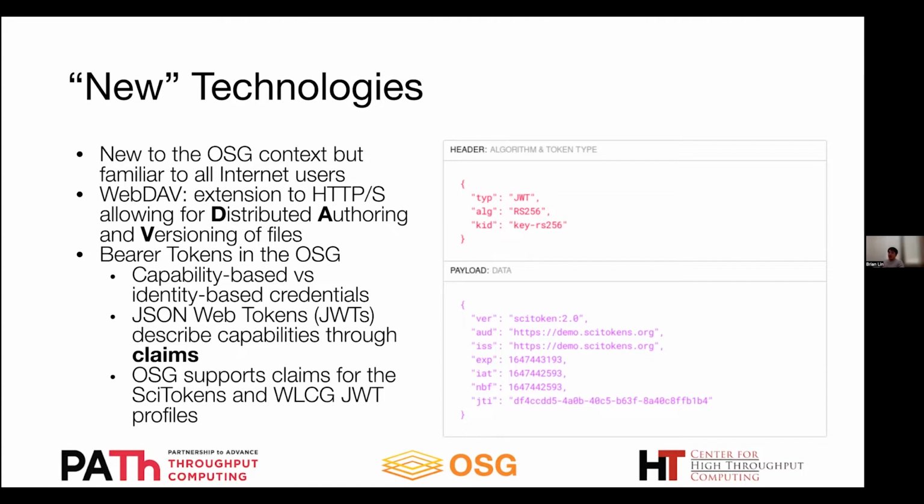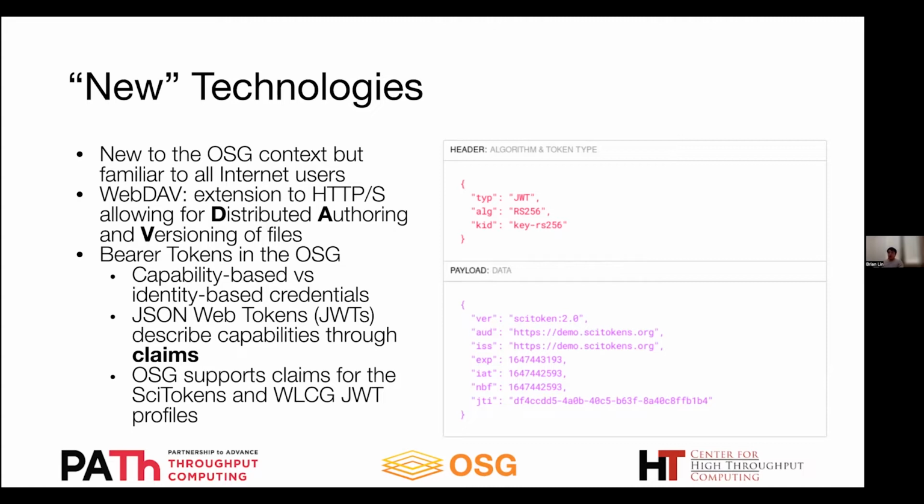And so the analogy that we like to use is if you want to attend a soccer game, for instance, you buy a ticket and you are given a ticket and you present it at the door, and they don't ask to see your ID or verify that you are who you say you are. The ticket just says admit one. And so this move to bearer tokens allows us to separate the identity of the specific user and instead focus on what the holder of this credential should be allowed to do, say submitting jobs to a CE, reading storage, or writing to storage areas and